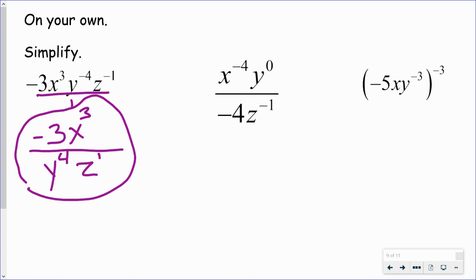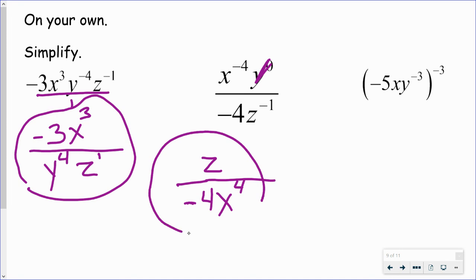First thing I know I'm really happy about right here, I see this y to the power of 0, that cancels to 1. So when I have to move anything, I know I have the x, that y goes away, that -4 needs to go in the front. That's how we write things algebraically. And this z has to go on the top. So there's really that power of 1 there, but we often don't see it. Okay, last but not least,